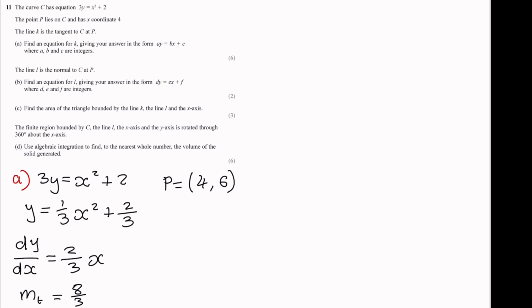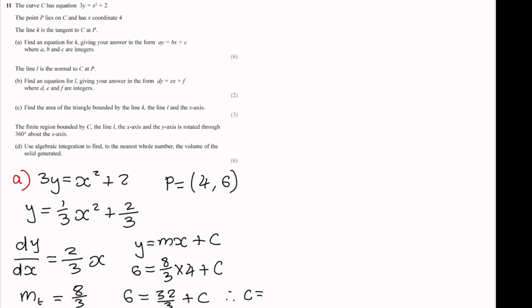So we know K is going to be in the form y equals mx plus c, because it's a straight line. And we have y from my coordinate P. We have the gradient, which is 8 over 3. We have x from my coordinate P. So we just need to find c. So substituting in, we have 6 equals gradient, which is 8 over 3, multiplied by 4, plus c. So 6 is equal to 4 times 8, which is 32 over 3, plus c, and therefore we know c is equal to